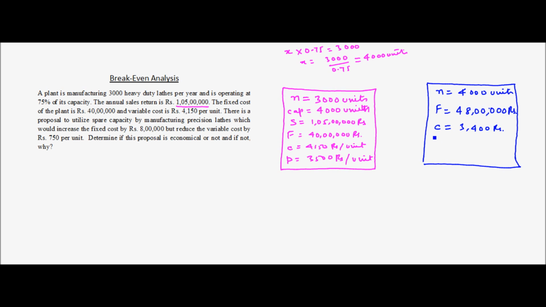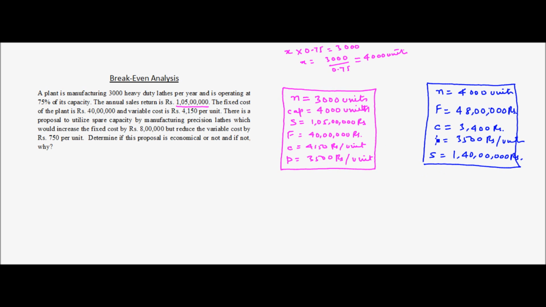So here basically the number of units being produced is 4000 units, and there is no other information about the selling price, so we are assuming that the selling price remains the same, which is 3500 rupees per unit. So the selling price is the same, 3500 rupees per unit, and therefore we can find out the total sales. So sales will be equal to the selling price per unit multiplied by the number of units being produced, which comes out to 1 crore 40 lakh